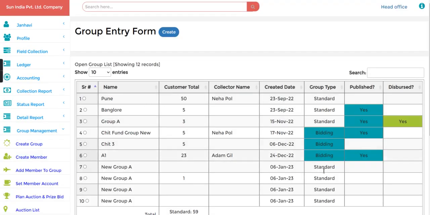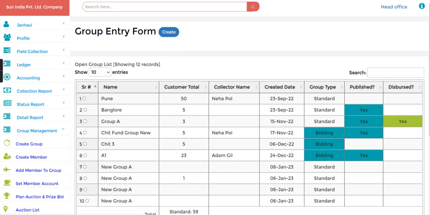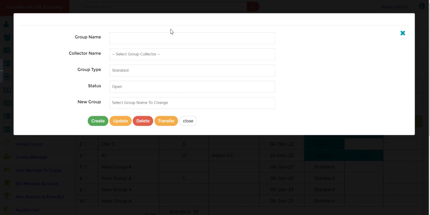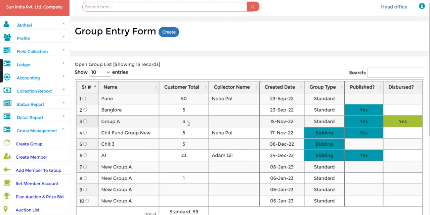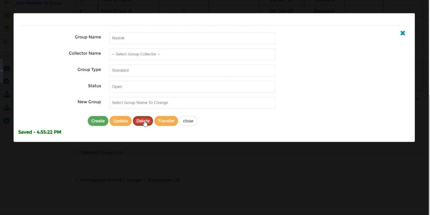Now in this group, if you scroll down, you can see. So I think so. Just refresh the page. Okay. Just click here, Nashik, and create. So here we need to select this, and then we can check the group details. Okay. So by mistake, I have created two. I can delete one